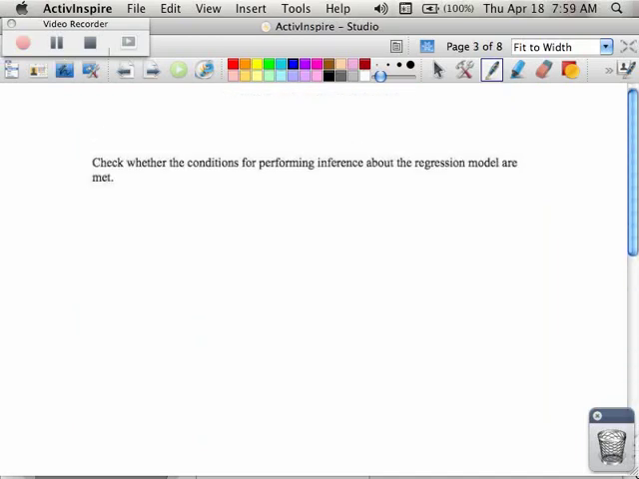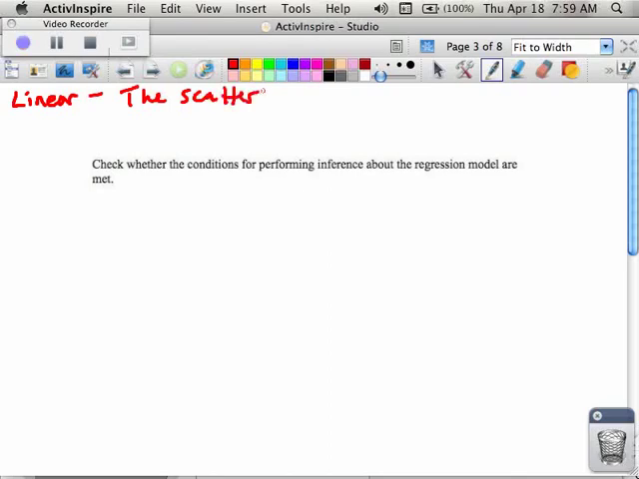The questions become, and this is looking back at the graphs on the previous page, we're going to check to see whether these conditions were met. Remember, there were 5 of them. Linear. There's going to be a little bit of writing, so you might want to get your hands limbered up. So the first condition that we talked about was linear. And the scatter plot shows a clear linear pattern